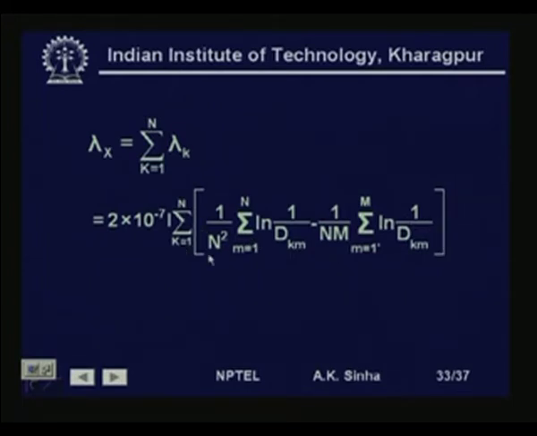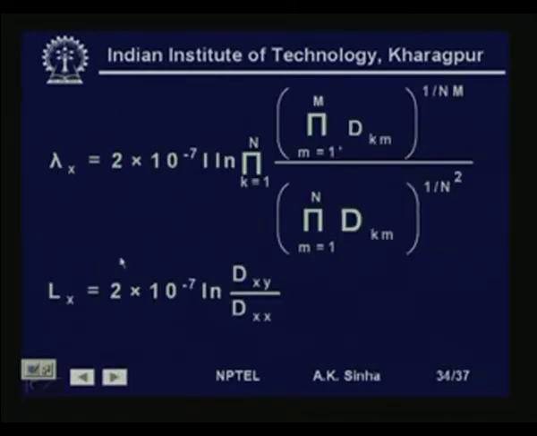term, that is 1 by n square sigma log n 1 by dkm minus 1 by nm sigma log n 1 by dkm. This is putting the expression lambda k here, and the summation is from k is equal to 1 to n, because we are talking of conductor X. So, lambda x will be equal to 2 into 10 to the power minus 7 I log n. Now, here what we have done is